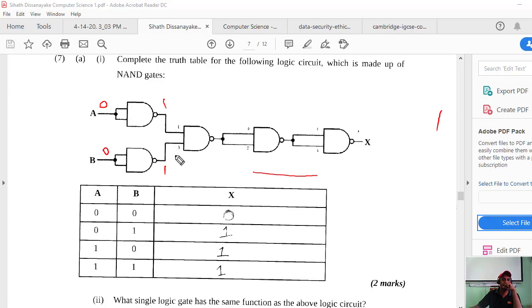Then 1 1 becomes 1, this is an AND gate, then again 0. Then 0 0 becomes 0, then again 1. 1 1 becomes 1, again 0. This is correct. So the other way around, 0 1.